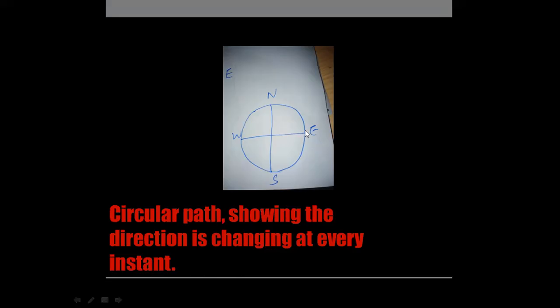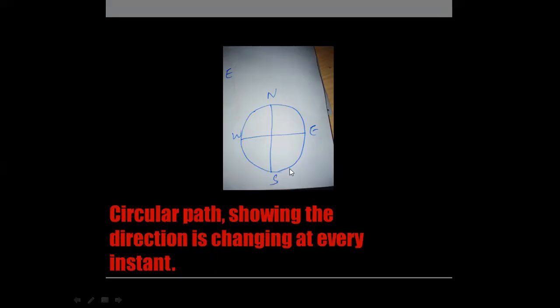For example, you are driving your car or you are riding a bicycle on this circular track. When you are here, you are in the east, you are moving to this part, now you reached here, this is north. Starting from north, now at every instant you can see the direction is changing. Now you are in the west direction, then you are going in the southwest, and then this is south. So this figure is showing that in a circular path, or whenever you are moving in a circle, the direction is